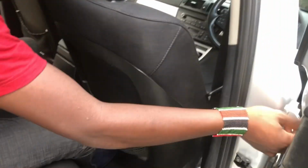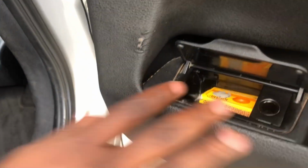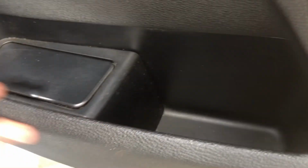Just looking at the door here, we can see that we had some little ashtray here, and the previous owner used to do things that we don't want to mention right now, but they're not illegal. So you have very small storage space and the ashtray here. And then we have some netting here for storage behind the front seats, as well as